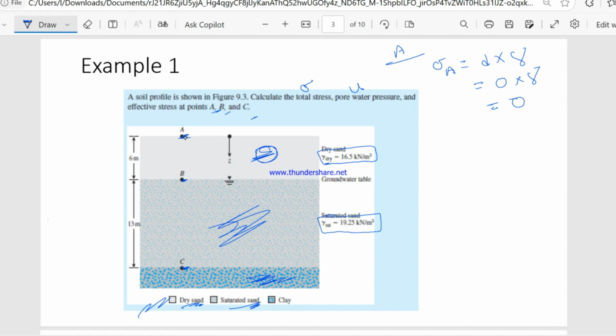This is point A, and there is no distance. For point B, we know that the distance is 6 meter, but for point A there is no distance, so for point A the total stress will be 0, and the pore water pressure,